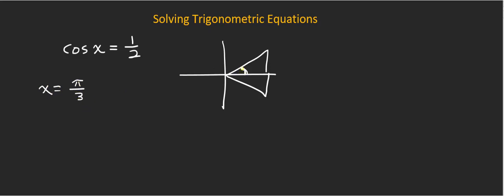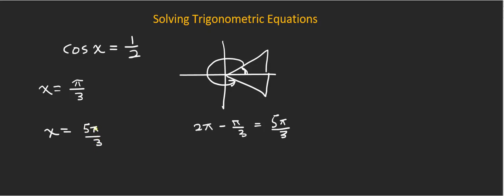If the reference angle is pi over 3, what is this angle right here? That angle will be 2 pi minus pi over 3, which will be 5 pi over 3. So you have two solutions, right? Pi over 3, 5 pi over 3. But if you think about it, we have more than two solutions because you could go